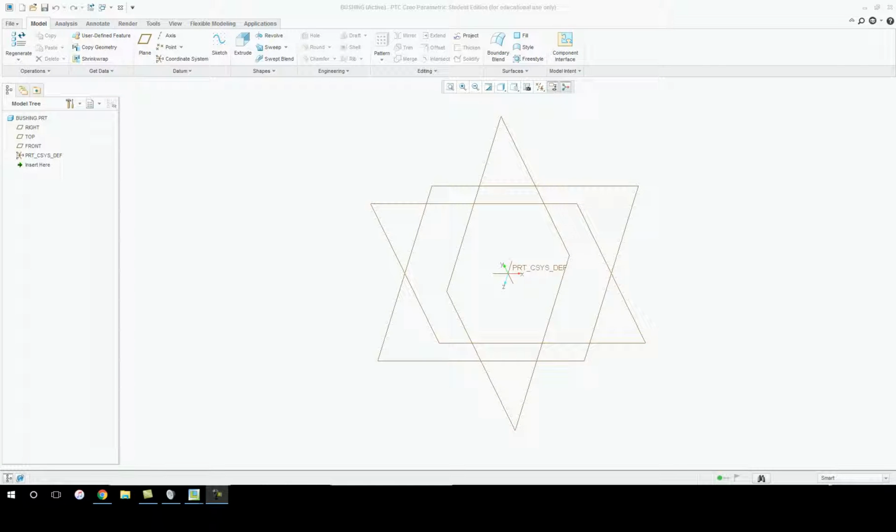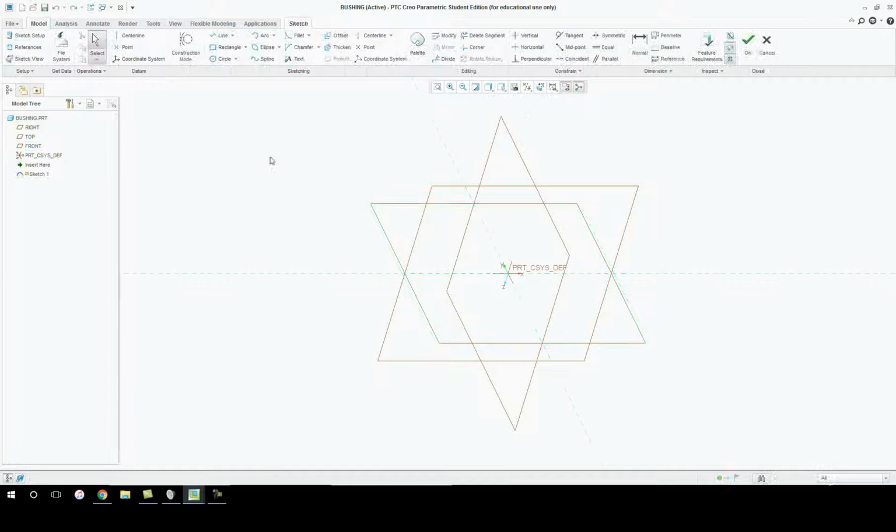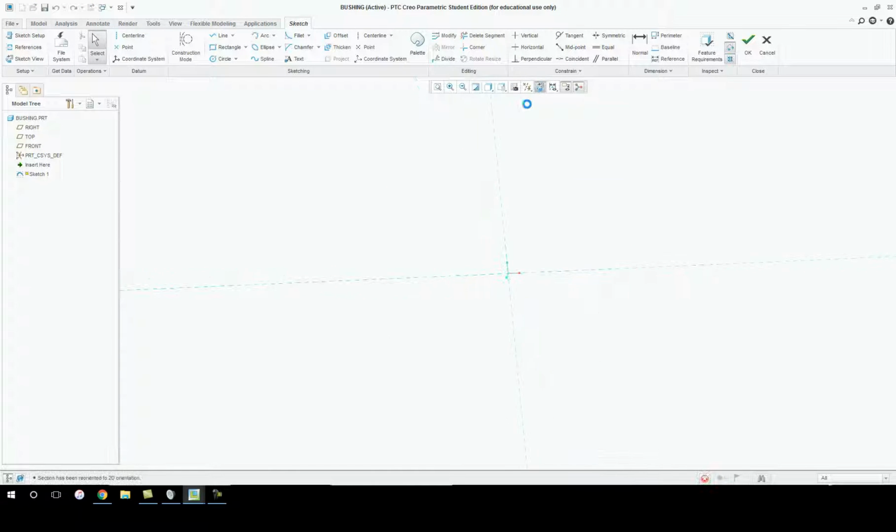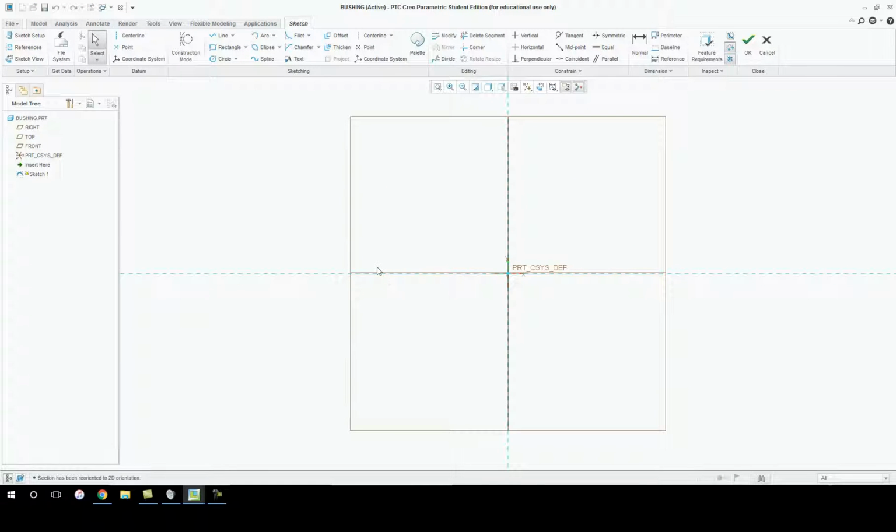For Chapter 11 Tutorial 1, Figure 11-49, the bushing, we're going to start this from the front. So I'm going to click on the front plane and go to Sketch, and then we will do Look At. Now, for this particular one, I'm going to be doing this a little bit differently because I'm going to be using the Revolve command. So the first thing that I want to do is put in a